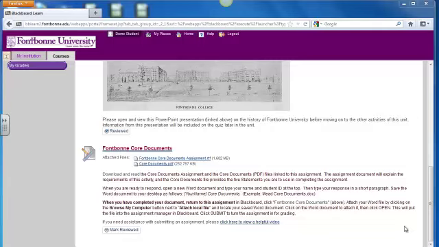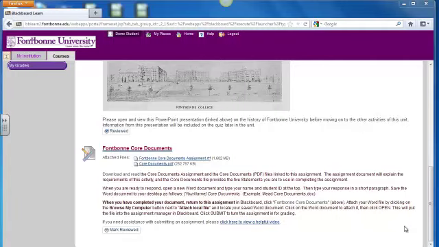Okay, now we're going to work on submitting assignments to Blackboard, and this is usually a fairly simple process. However, there are a handful of things that can get in your way when you're trying to do this for the first time. So we're going to go ahead and run through how you do this in the tutorial to complete your core documents assignment, and we'll make a couple of notes about how it might be different in your